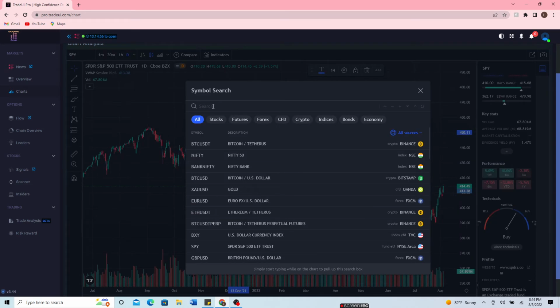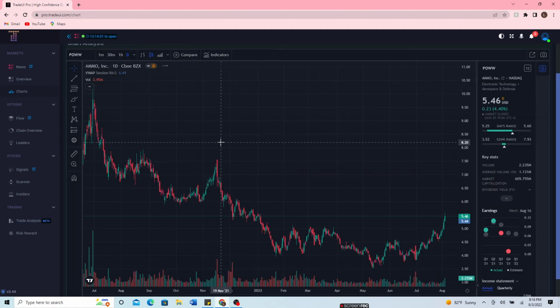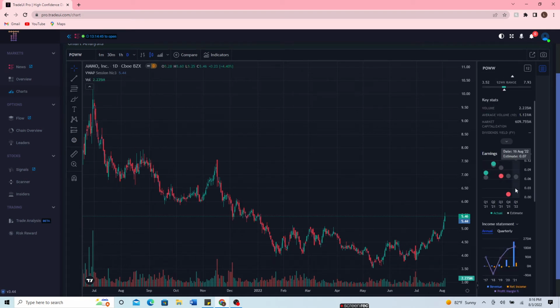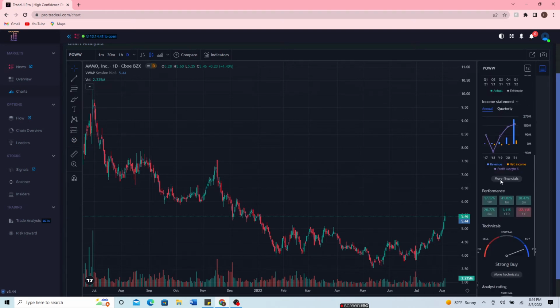So if we want to change this, we can just click here, and we'll change SPY to another stock. We'll do PAL. All right, so I'll click on PAL. As you can see, it will pull up the same chart. It'll also list out the earnings reports and when the next earnings is projected to happen. It'll also give income statements, sector performance,